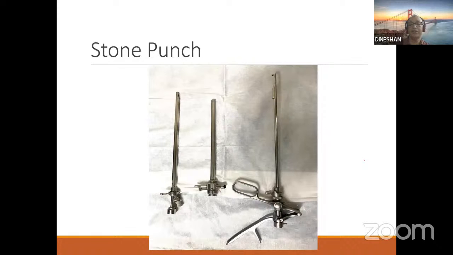And one more precaution is that you always close this handle so that the tip is always inside this, and it is released only when you are holding the stone. And once you hold the stone in this jaw, elevate the jaw from the bladder base and rotate the handle by 90 degrees so that you make sure that there is no mucosa you are holding in between. That is the only way you can reduce the bladder injury.